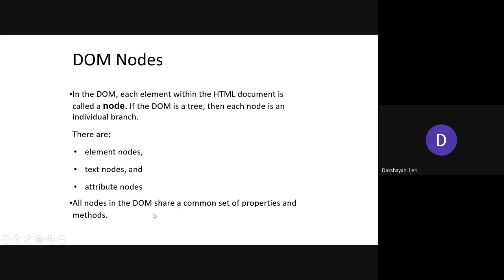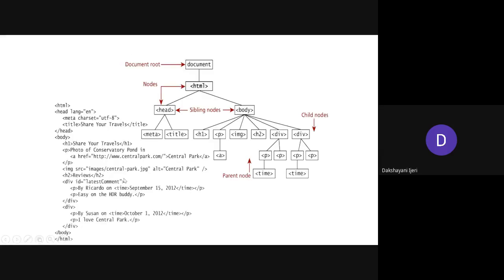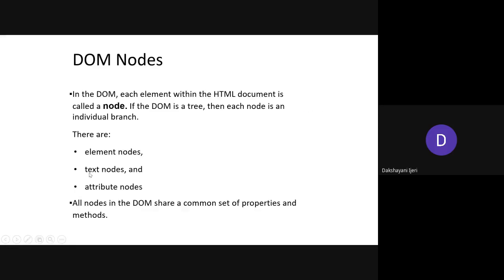All the nodes in the DOM share a common set of properties and methods. No matter which part of the HTML you want to access from JavaScript, all these are nodes. So I hope now you are familiar with the word node. If I use nodes in the explanation, it is not a new thing. Each section of the HTML, whether it is a text, the name of the element, or the attribute, is considered with the specific word node. Is it okay if I use node as terminology from now onwards to explain things?